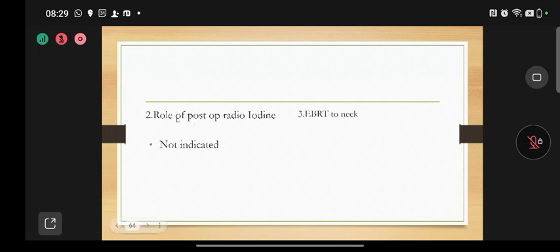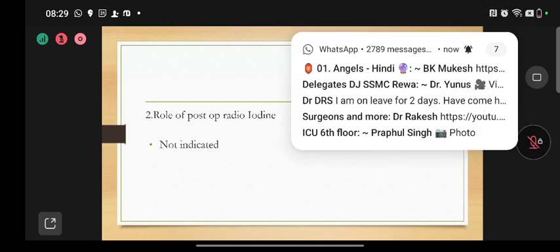Is there any role for postoperative radioiodine? Actually, there is no role for radioiodine, so it is not indicated. Only in those cases with mixed histology, like medullary with differentiated papillary or follicular, can be subjected to radioiodine ablation. Third, if surgery is not possible, we can go for external beam